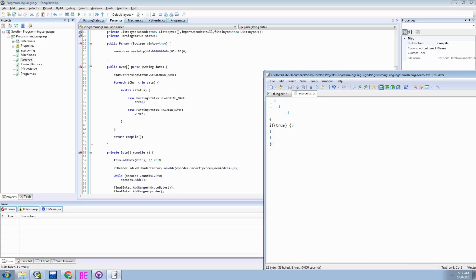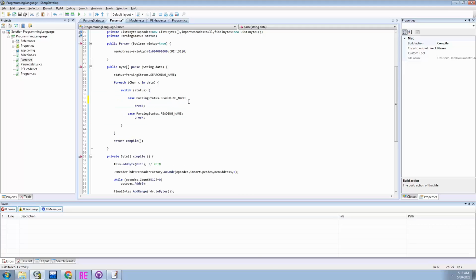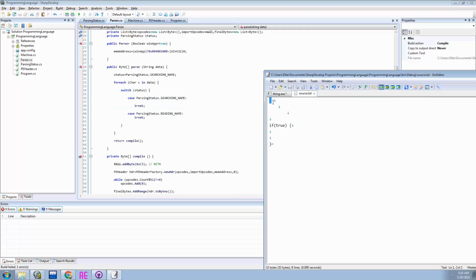It's a really weird example, but it's looping through all these characters, so it's going to search this one right here, for instance, and it's going to check all this. It's going to check the status, and then it's going to be on searching name. And obviously, we're not reading a name right now, it's just blank white space. So what we have to do is skip it if it's white space, and there will be other skip conditions